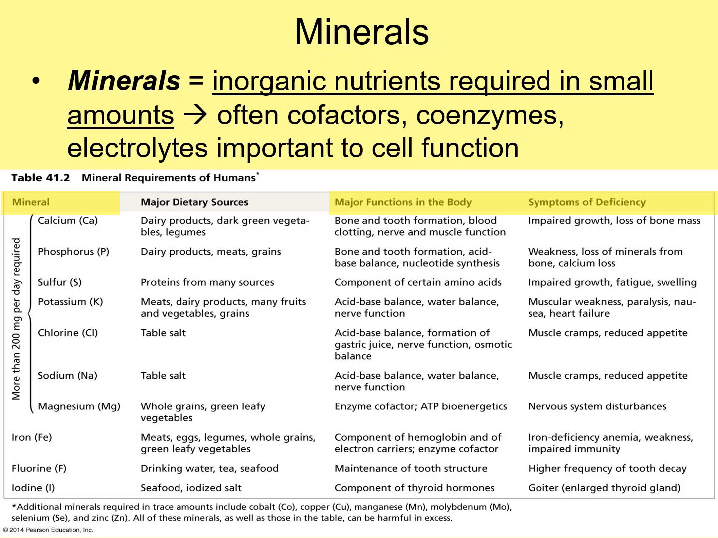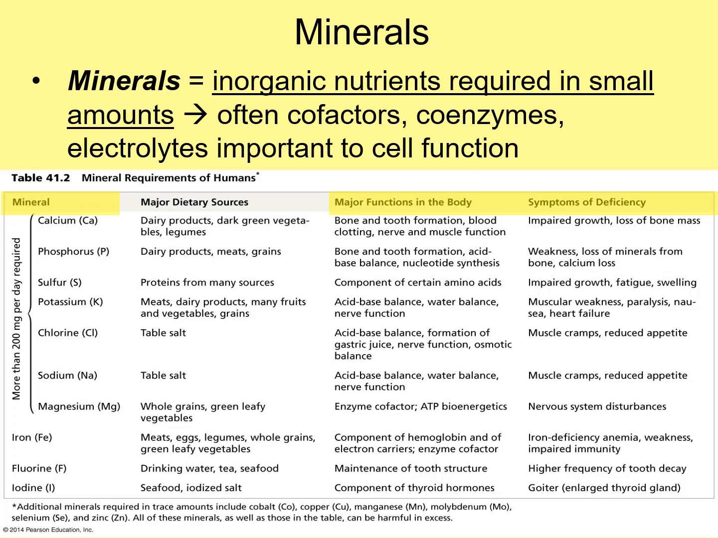A lot of the other minerals on the table here, you'll notice the ones that are in the bracket here, calcium down to magnesium. Those are all considered our electrolytes. And you'll notice the major function in the body, most of them, in addition to components to amino acids and in some cases bone and tooth formation, but many of the others you'll notice nerve function, osmotic balance, nerve function. So the deficiencies in those can of course lead to problems with your nerve function,